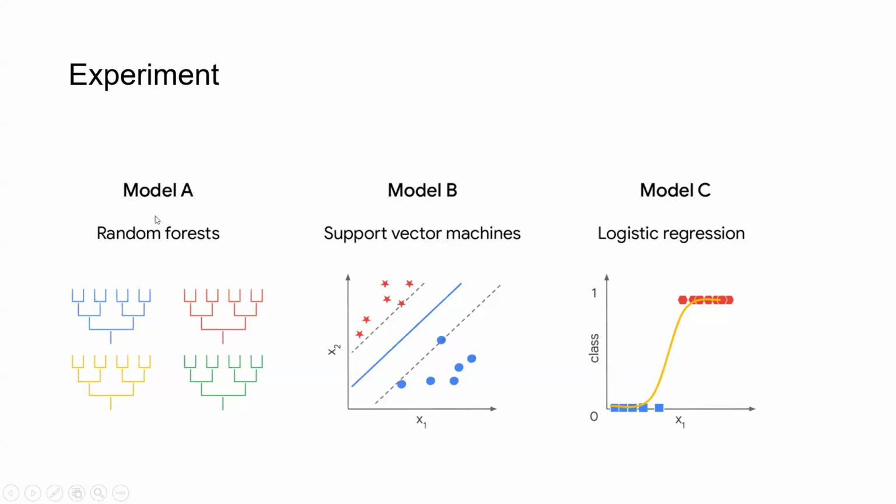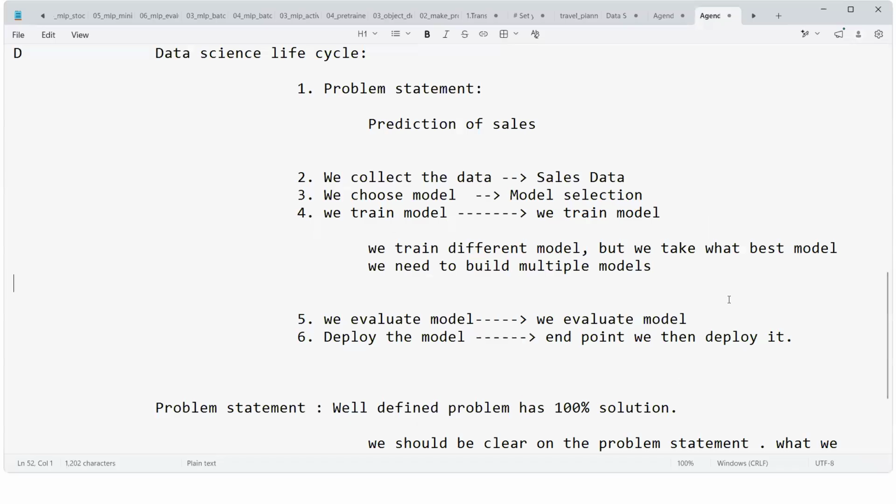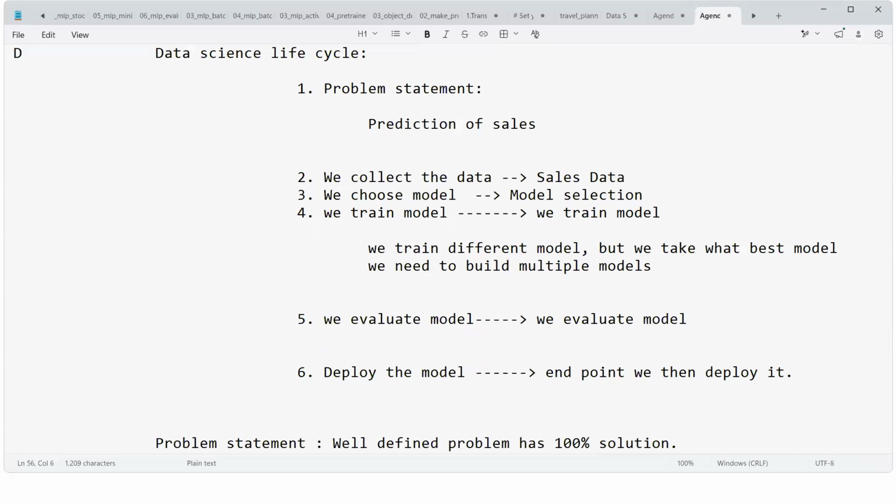Experiment model A with random forest, support vector machine, logistic regression. We will build it. Then finally, we evaluate the models. See, evaluation metrics are the evaluation of the model. See, evaluation metrics tell us how good your model is, how good your model